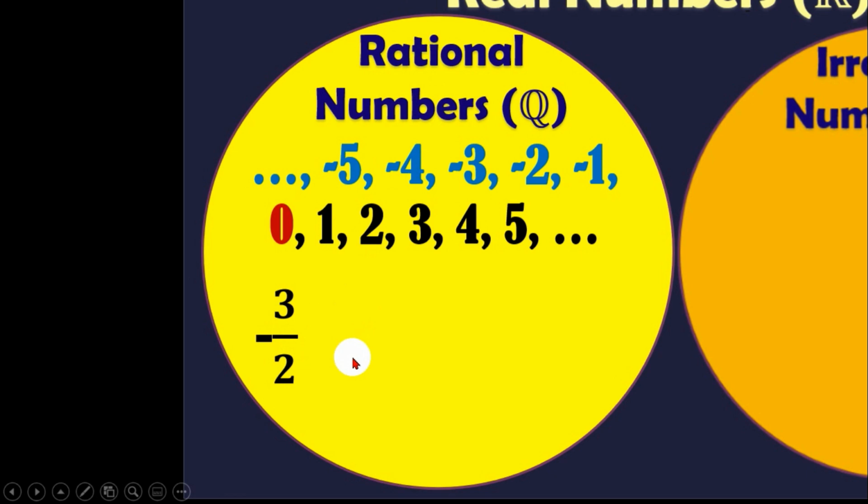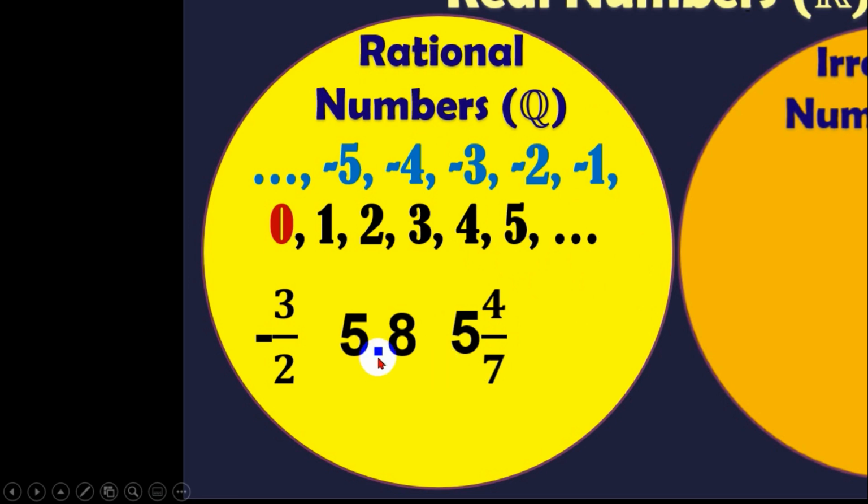Then we have another example here. 5 and 4 sevenths. Okay, ang 5 and 4 out of 7 is also a rational number. Why? Because it's a mixed number, and mixed numbers are fractions. Kumbaga, may numerator and may denominator, so it can be expressed into ratio. From the word ratio, rational. Alright?